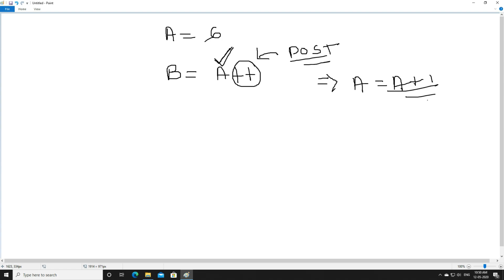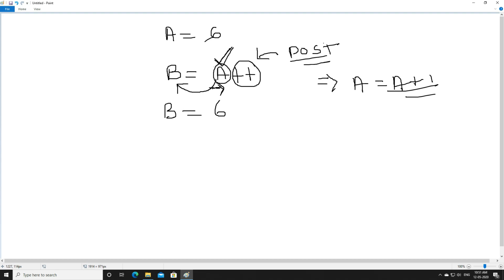Now when we proceed from left to right, variable a comes first, right? So the value of a will get stored to b. First the value of a will get stored to b, that is, b will become 6.